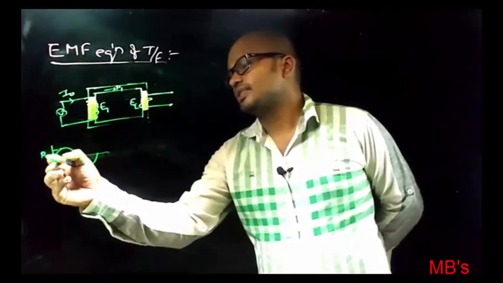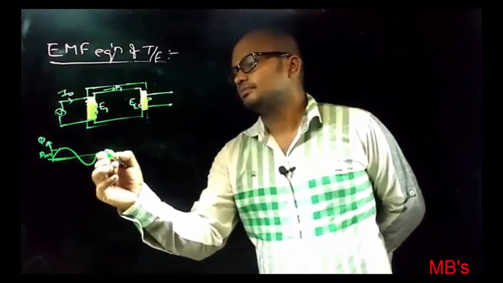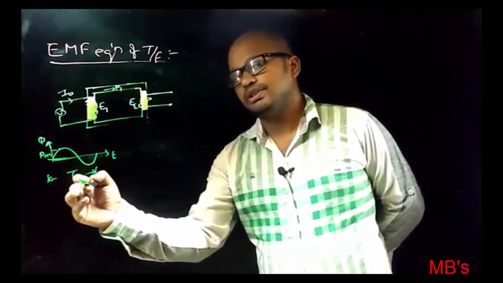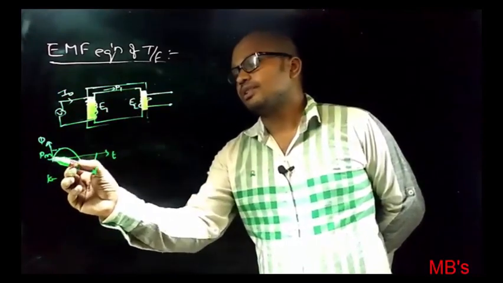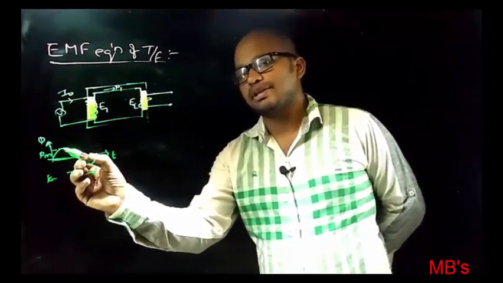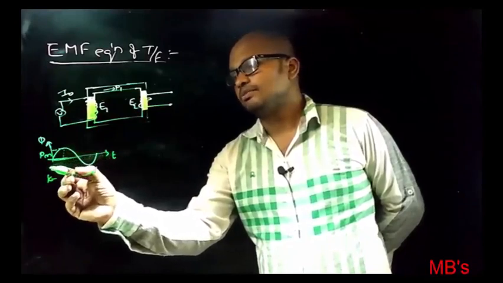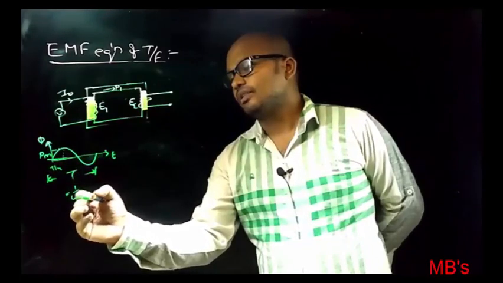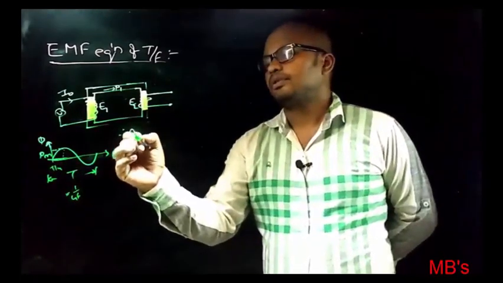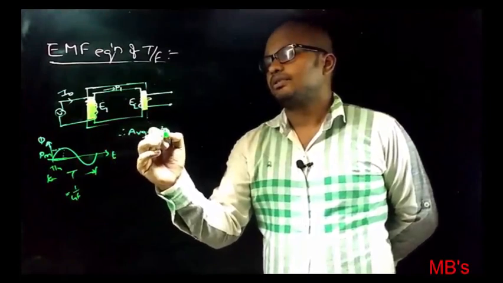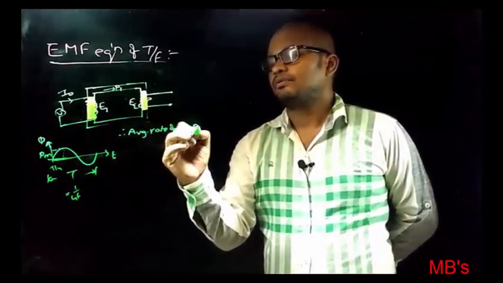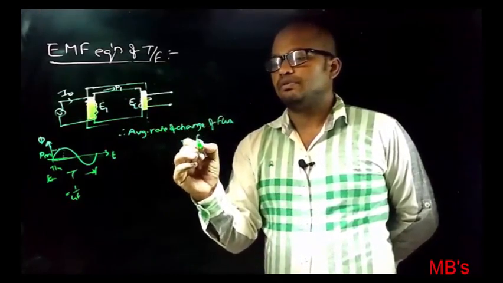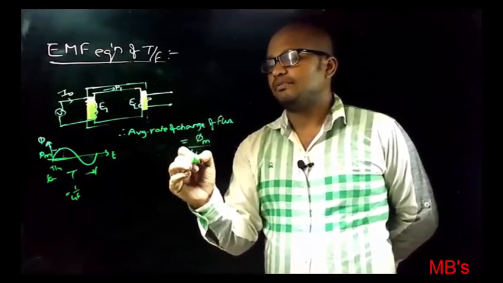Let this be the maximum flux phi m, and the time period be T. If you observe here, flux phi changes from minimum to maximum in T by 4 seconds, that is equal to 1 by 4f. Therefore, the average rate of change of flux is